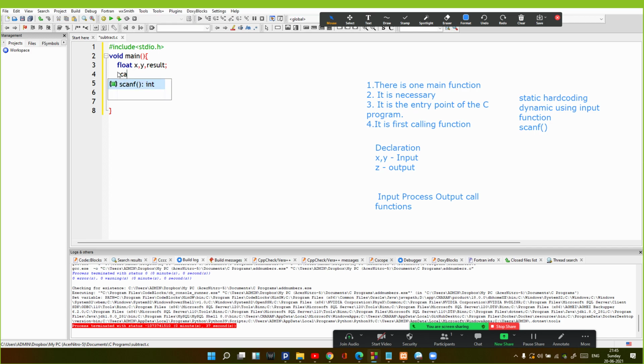So here I'll use the scanf function to take the input. Before taking input, I must present some instruction to the user so he can prepare for entering the values. So I'll say enter the values to subtract.